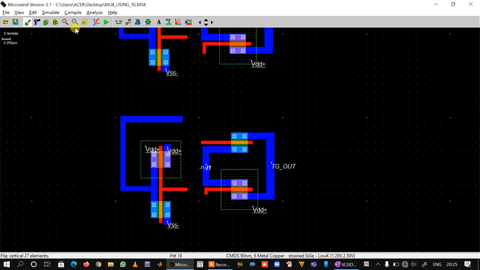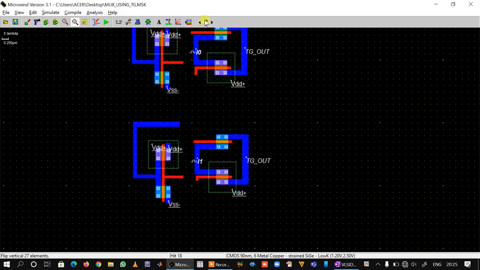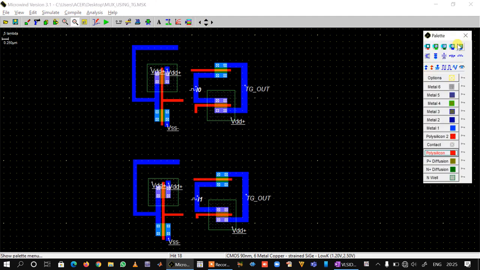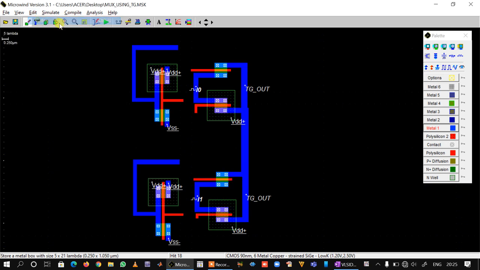Okay. So now we can clearly see that in both transmission gates, NMOS up, PMOS down. For TG1, NMOS up and PMOS down. Now we are in a position to connect the individual outputs together. So we will take metal 1 and we will connect them together, and we can make the size same.